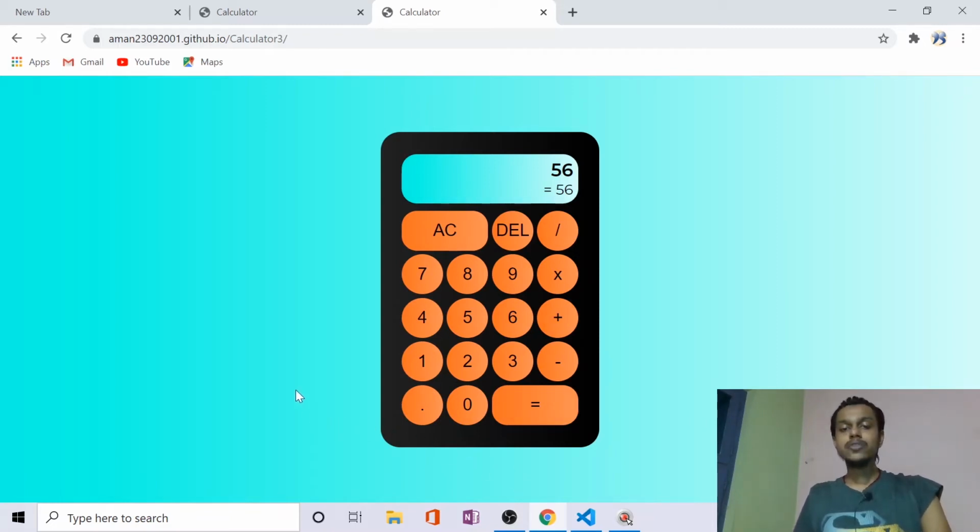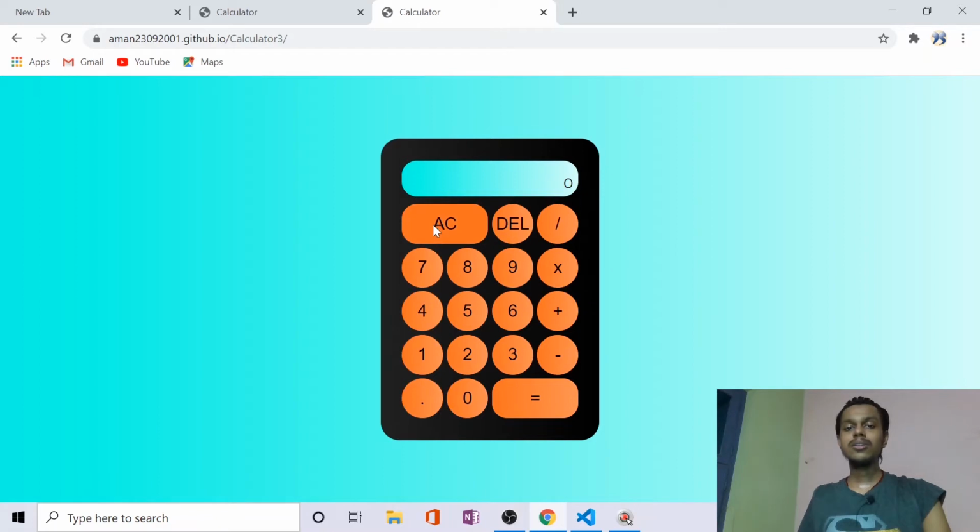And as soon as we click any one of the operator buttons, like if we click on plus, the current num string will get empty. So it is although our final project, I am showing that. Now if we get to our current project and click any of the numbers, nothing happens. Why? Because we haven't